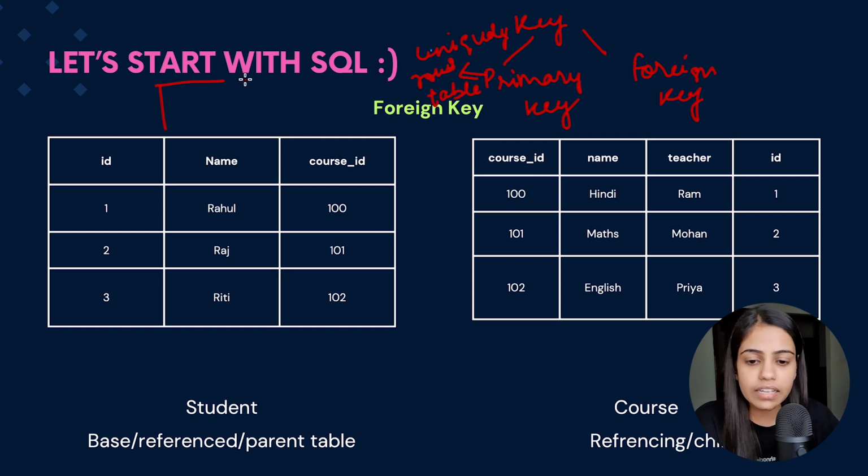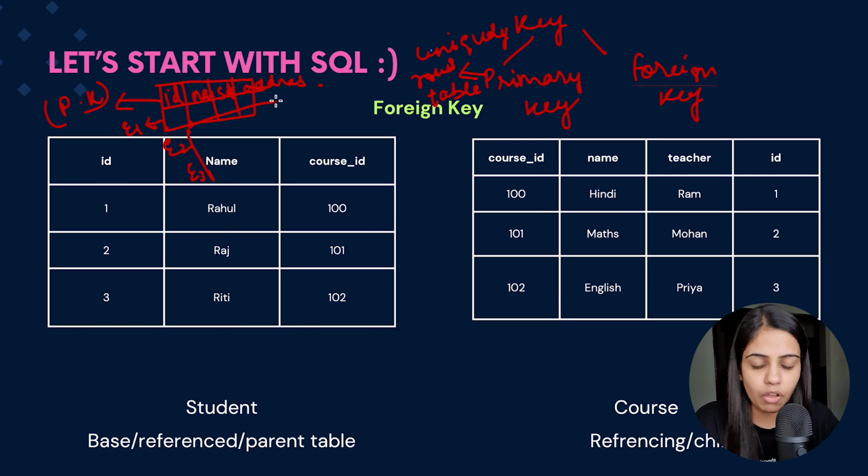Now consider that there is an employee table. In this employee table we have some attributes such as employee ID, employee name, employee salary, employee address. Now in this particular table we are treating ID as the primary key. So we have fed the details of employee 1, then employee 2, employee 3, followed by all the employees which are present in the organization.